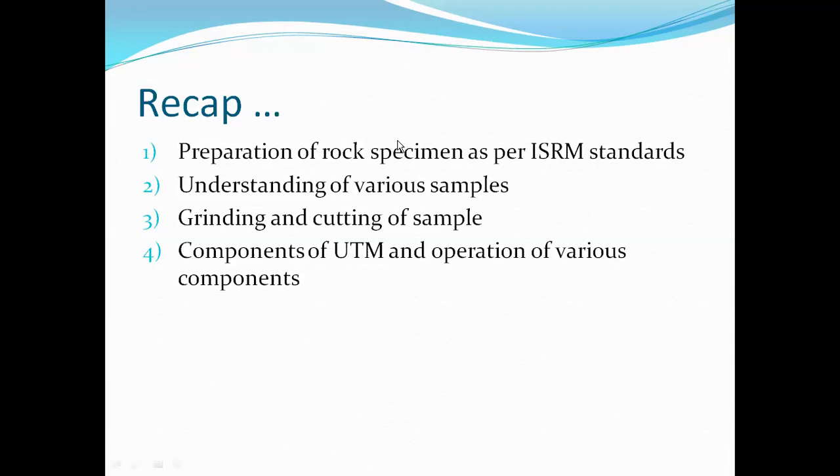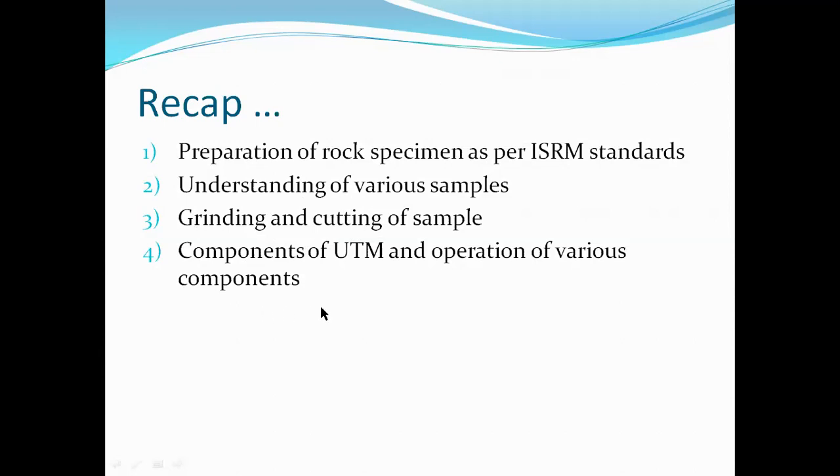Generally, the core samples that we use in the laboratory are of NX size, which were gathered while performing prospecting or exploration using rotary diamond drilling. The core samples collected in the field have to be remodeled or modified as per the requirements in the laboratory. Those samples will be cut using a cutting machine, properly guided, and their surfaces ground so that the surfaces will be flat as per ISRM standards.